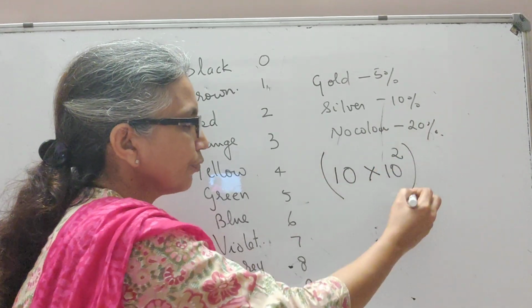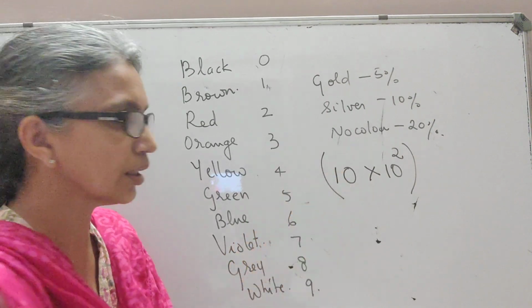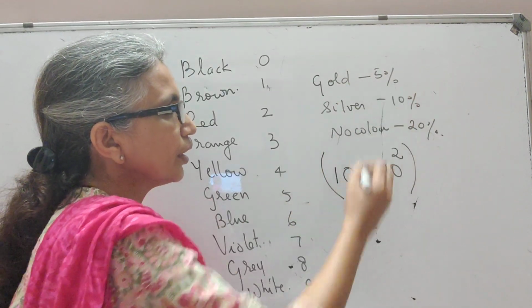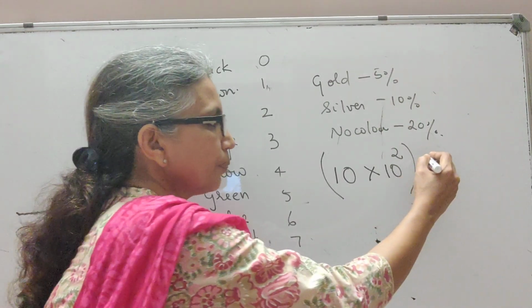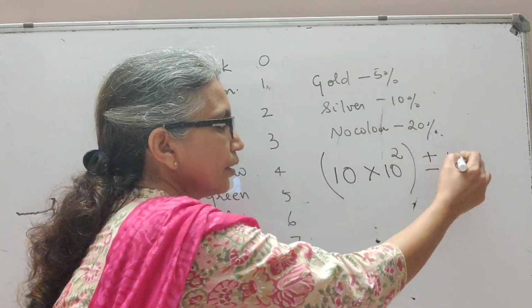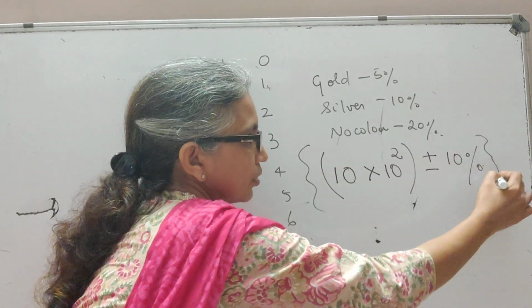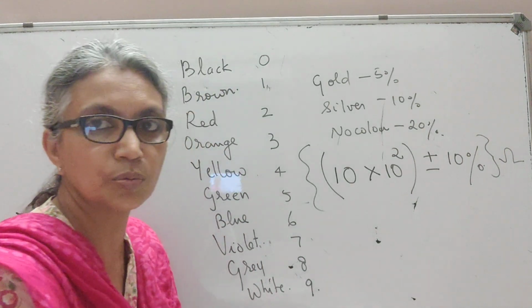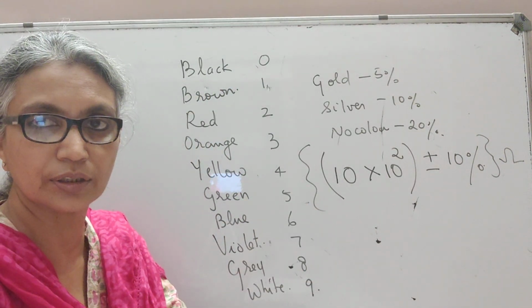And then we have a silver ring here. The last ring, the fourth ring, is a silver ring. And a silver ring would mean that there is a 10% tolerance. That means the resistance can be plus or minus 10% tolerance, and so many ohms. So this is how you would read the value of a resistor in any given circuit,